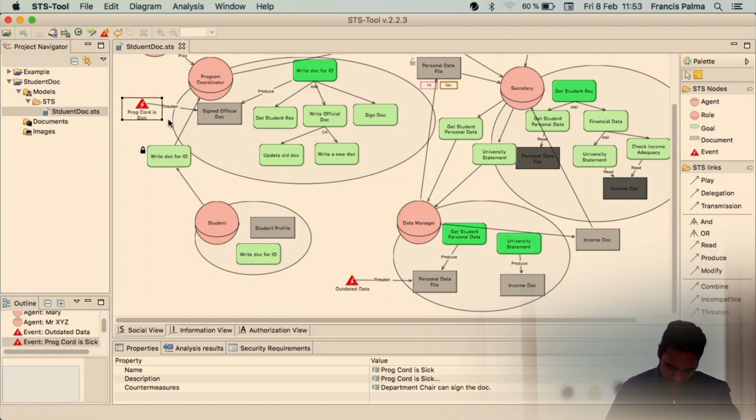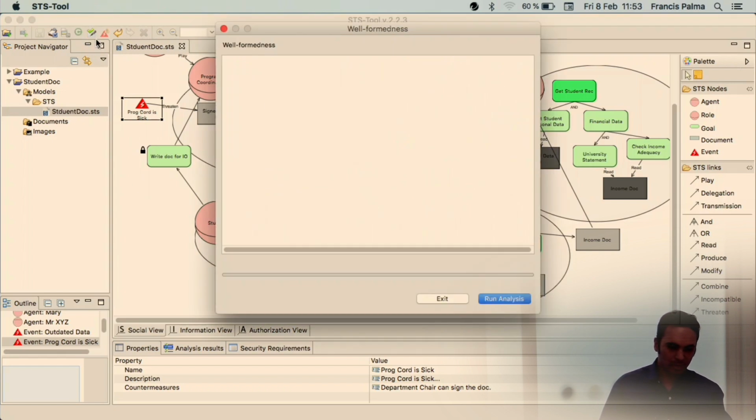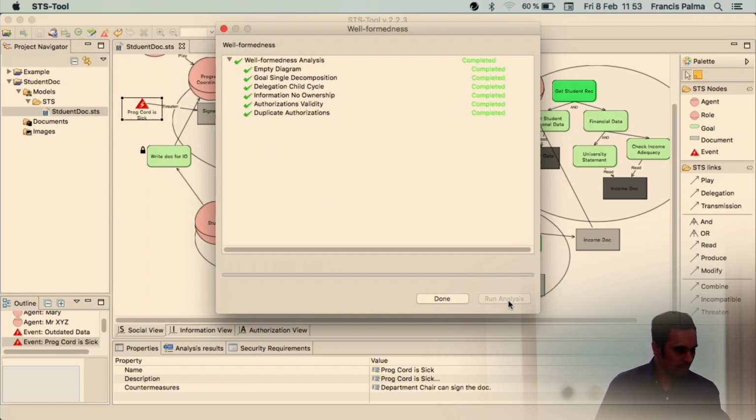So now we save it. So we have this social view, information view, authorization view with events and threats. And now we want to check, the first thing is to check if the model is complete. So we go to the check button, and we see that